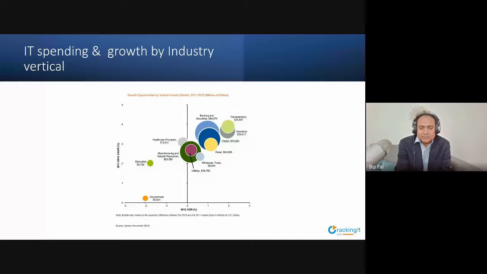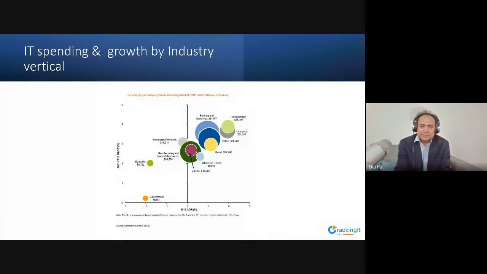Manufacturing and others will give another 63 billion. That's also big. Then transportation is around 24 billion, somewhat in the middle. Insurance is at 34 billion. Retail is relatively smaller, like 24 billion. Healthcare provider is at 15, but healthcare is an interesting thing. Healthcare is one of the fastest rising in the IT sector. These statistics are 5 to 7 years old; right now I was trying to get the new ones. In fact, healthcare is catching up with the other sectors, and education and government are relatively smaller in terms of IT spending.